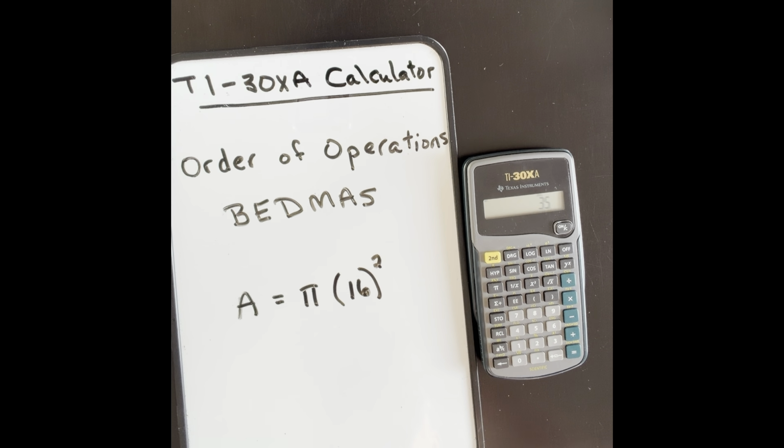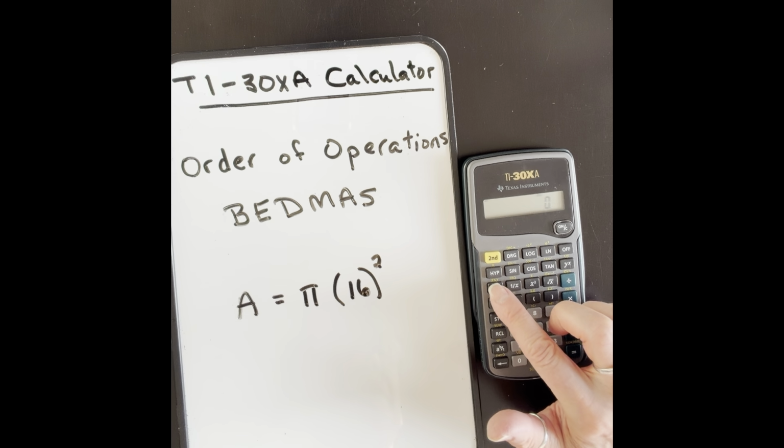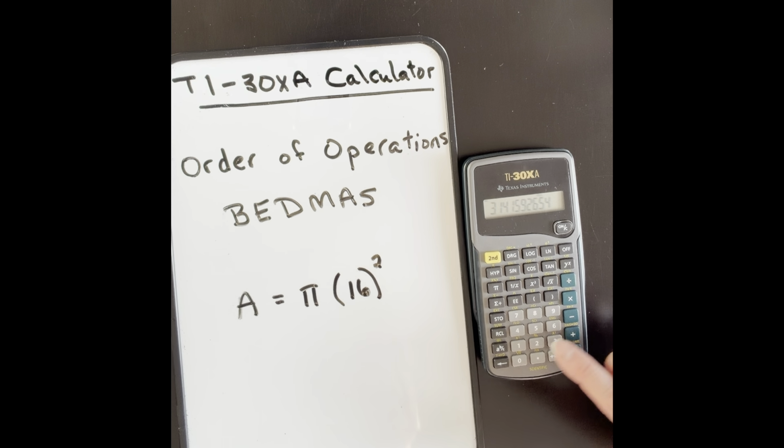So if we were to do this on our calculator, we're going to use the pi function, that's this function here, and we're going to go pi times 16 squared. So it only squared the 16. Equals,